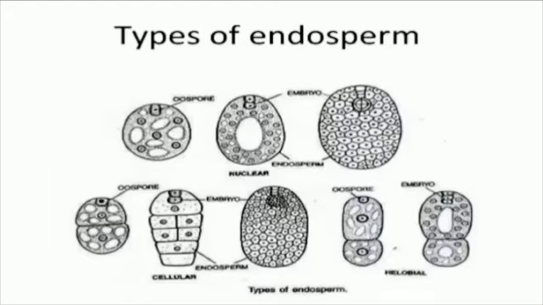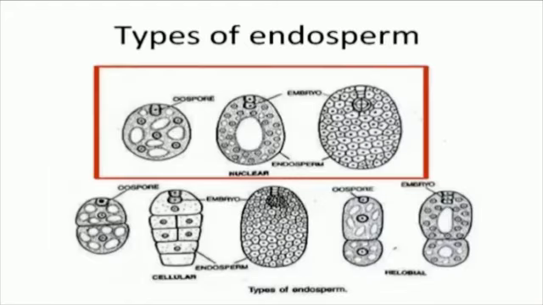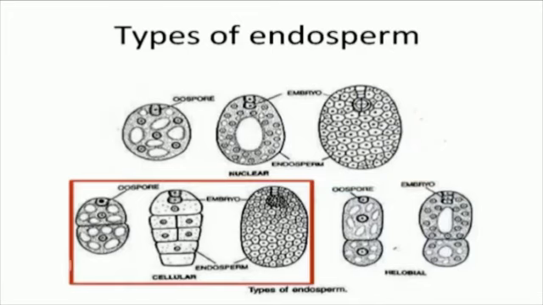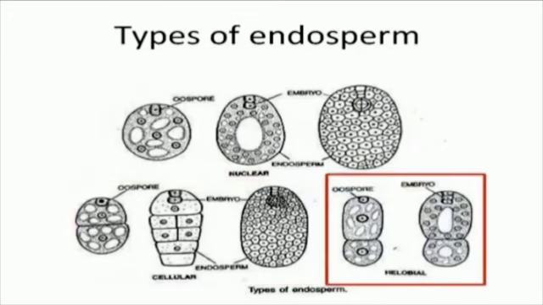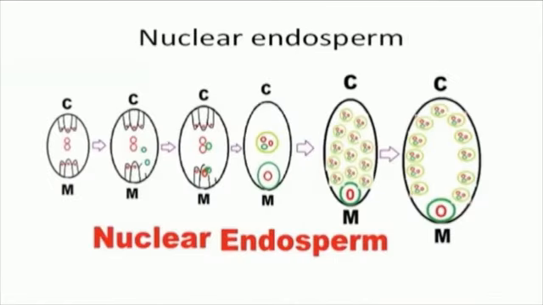The most common type of endosperm development involves successive nuclear divisions of the primary endosperm nucleus to form many free nuclei. This stage of endosperm development is called free nuclear endosperm. Subsequently, cytokinesis forms membranes and walls between the nuclei and makes the endosperm more solid.